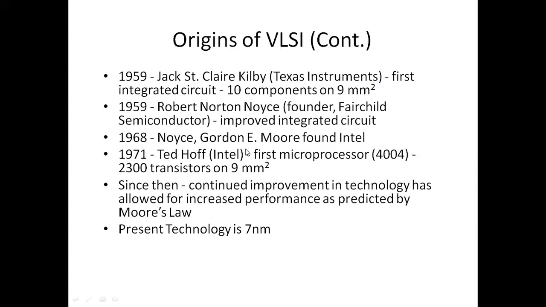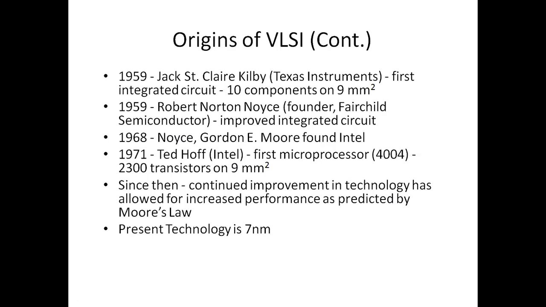So he just predicted, and it so happened the technology was developed in the same fashion, and they could get almost double the number of gates in the chip every 1.5 years. In 1971, the first microprocessor, named 4004, was developed, and since then there is no stopping for our development in the VLSI field. Many ICs have been developed, and scaling has taken place.